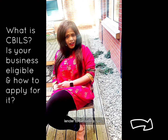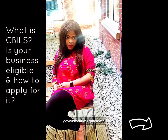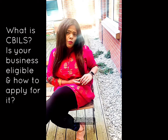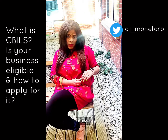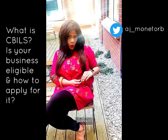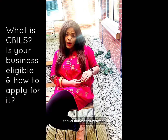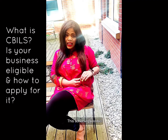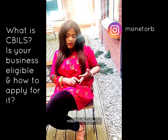Under this scheme, the government will guarantee 80% of any net losses to the lender of a CBILS-backed loan. For businesses with an annual turnover below £45 million, loans up to £5 million will be provided. On April 3rd, the scheme was extended to firms with an annual turnover of between 45 million and 500 million pounds for loans up to 25 million GBP. This scheme provides SMEs with up to 25 million in the form of business loans, overdrafts, invoice finance and asset